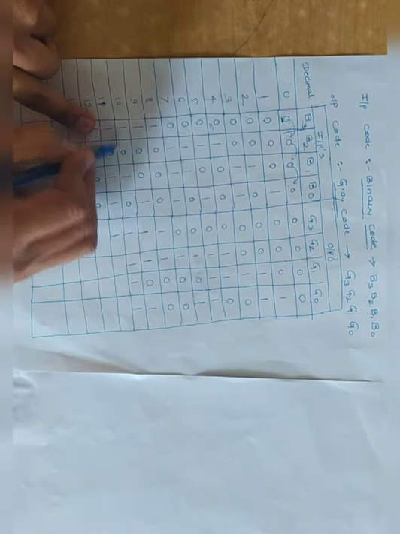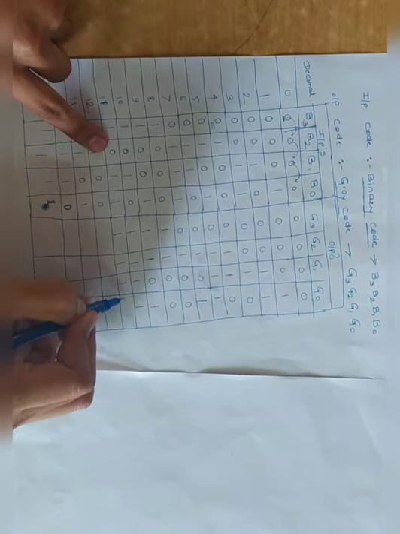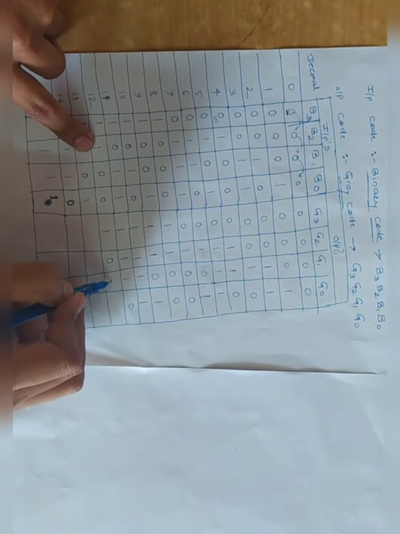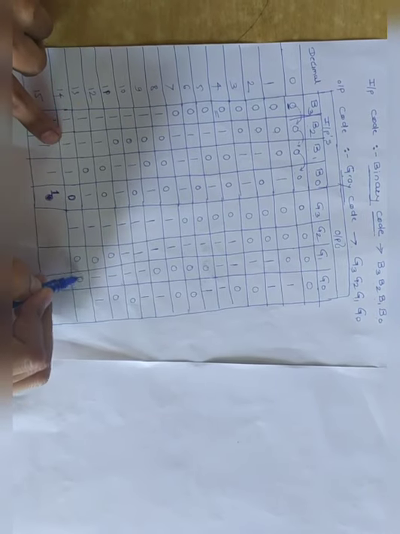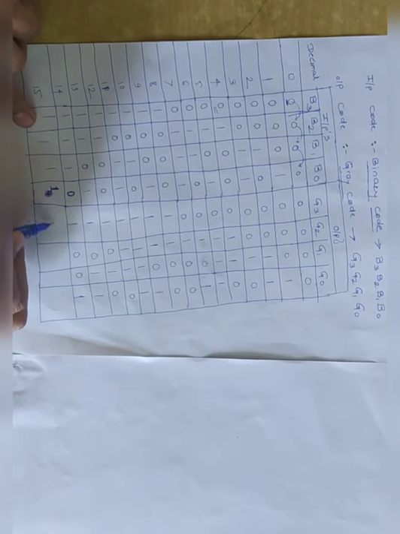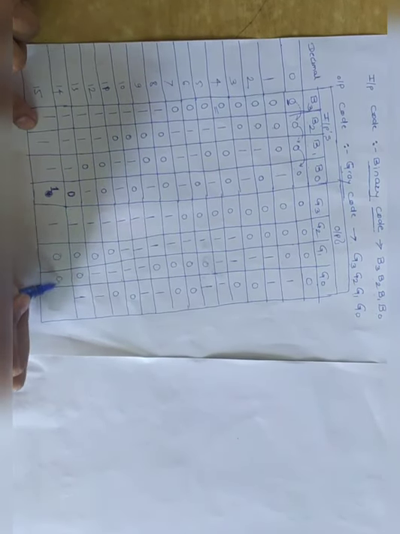First bit as it is, 1 0 1 0 1 1 1 1 0. First bit as it is, 1 XOR 1 is 0, giving 1 0 1 0. First bit as it is, 0 1 1. First bit as it is, 0 0 1. First bit as it is, 0 0 0. Now these are your inputs, B3, B2, B1 and B0.